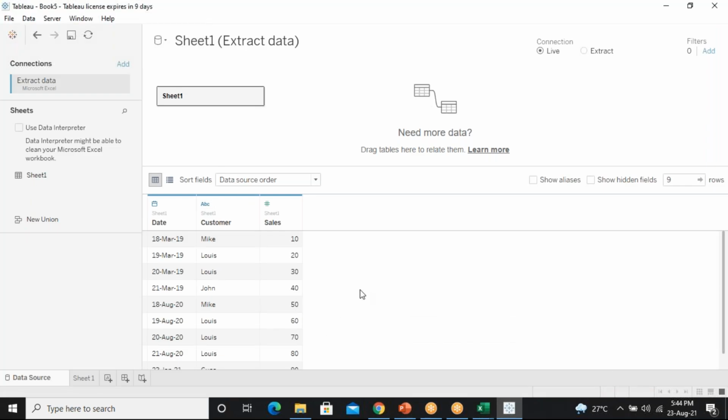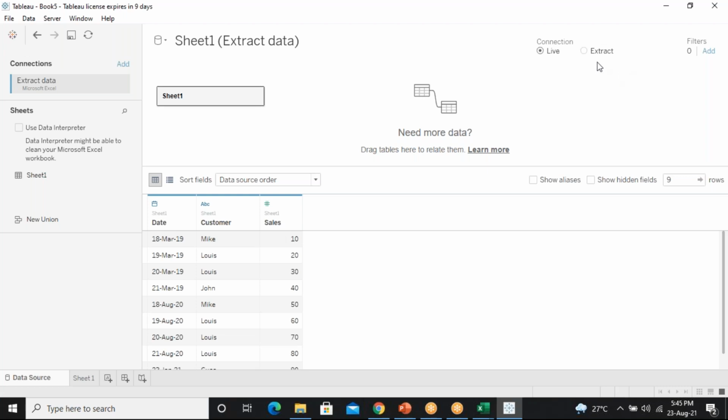What does extract mean? I have some older company data, older files, and I want to import it and work. So extract is older data which is not currently in the server. I'm not working live. Previous, older data I will use with the extract method.